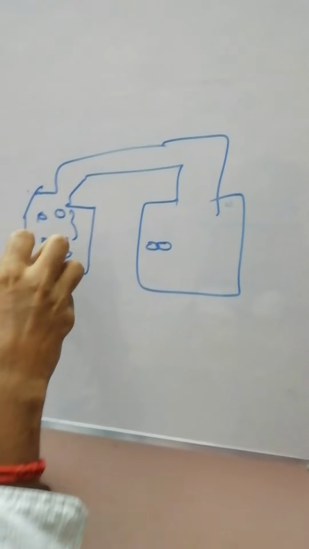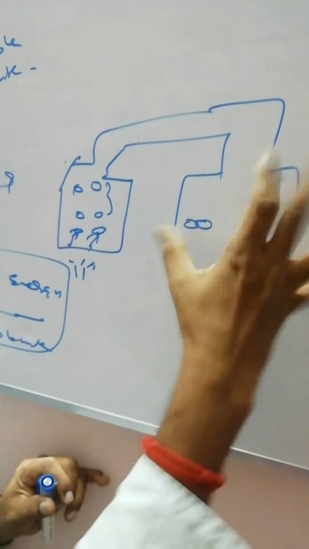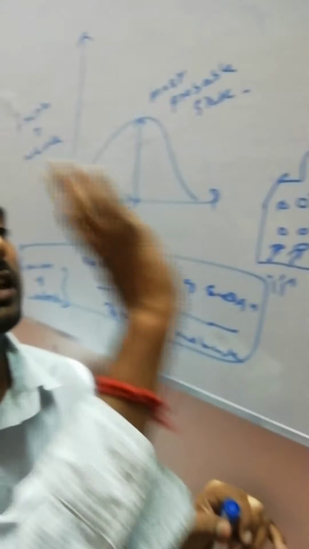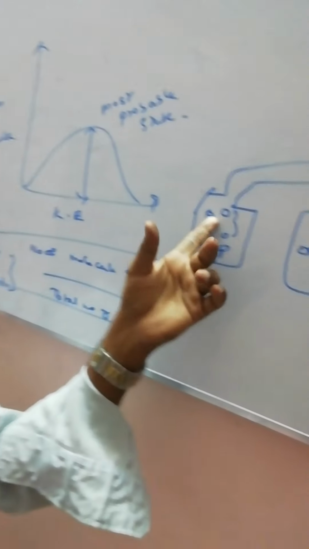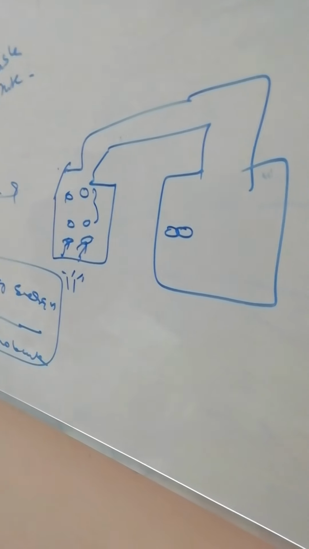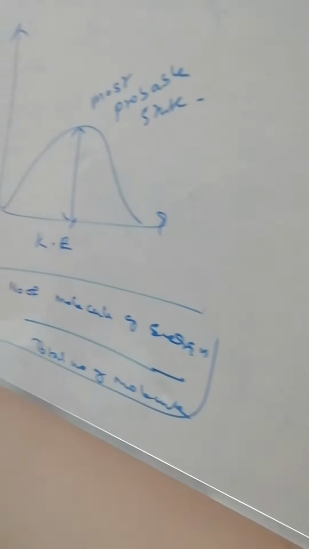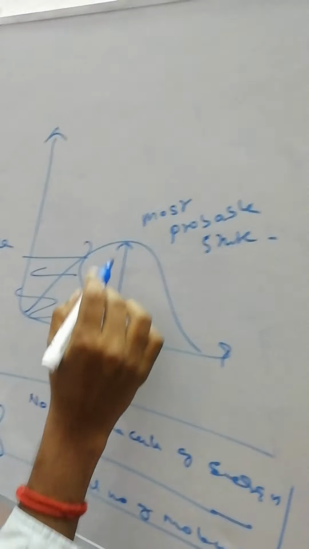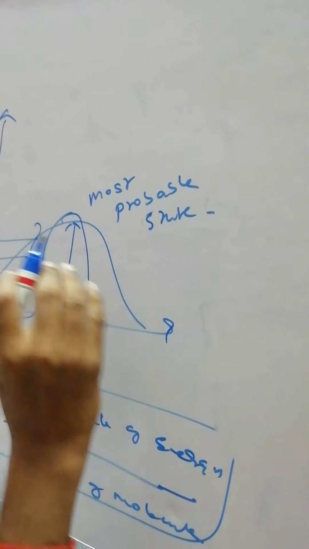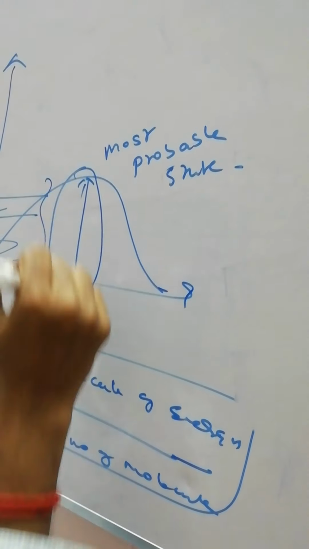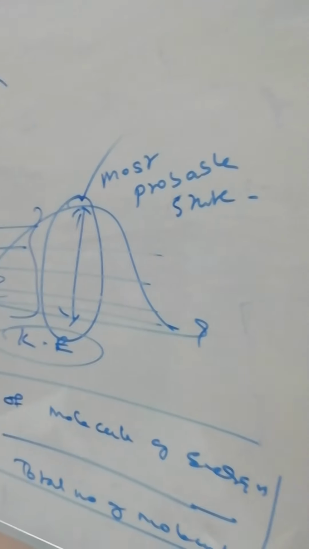Some molecules gain more energy and easily form product. Some molecules gain less energy and will not form product; they undergo elastic collision. Inelastic collision means a permanent effect, and elastic means it bounces back again, so no product forms. In this region no product is formed. In this state, the maximum number of molecules is converted into product. This is the distribution of kinetic energy. If the kinetic energy is maximum, then the formation of product will be more.